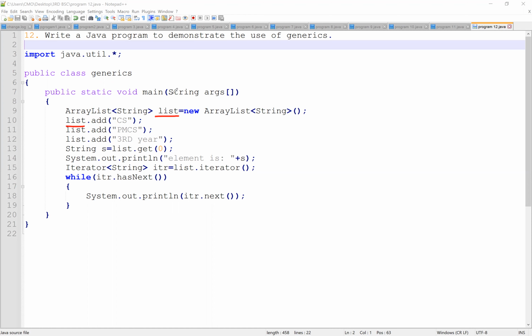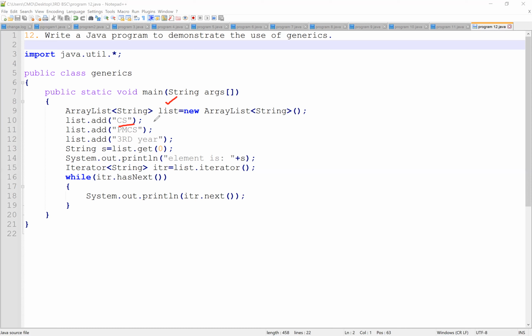For example, if you are giving your name here, you need to write your name here as well. Here we are using the variable name list. This is our ArrayList. Now we can add elements to our ArrayList using the add method, list.add, and this is our string.